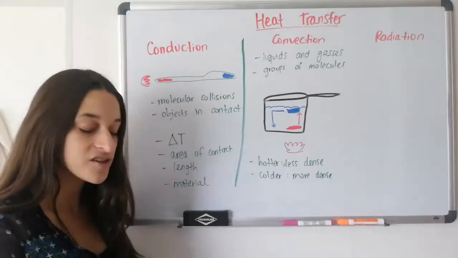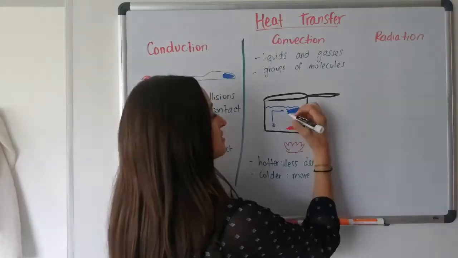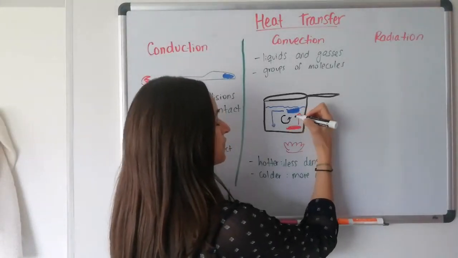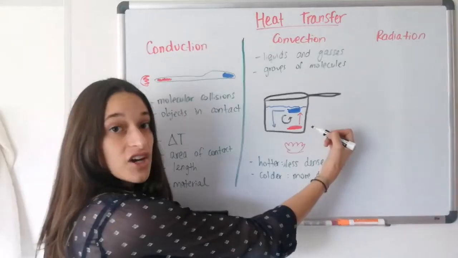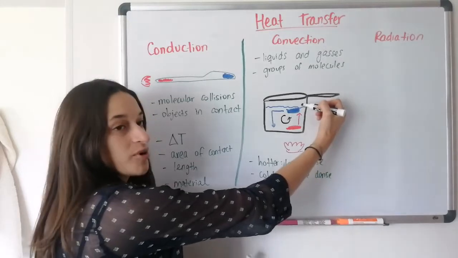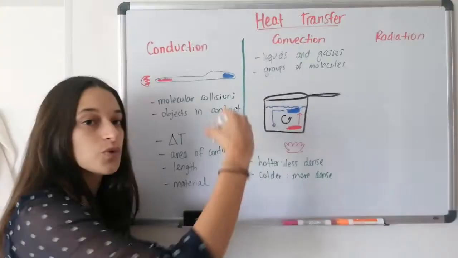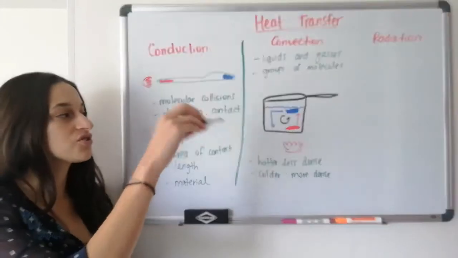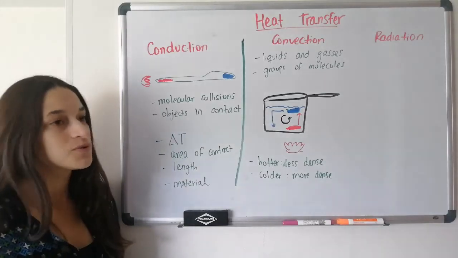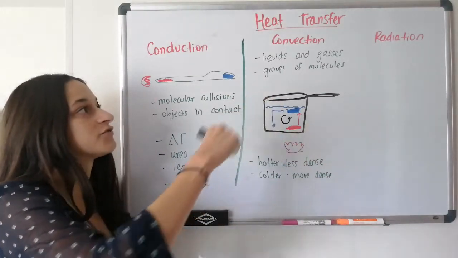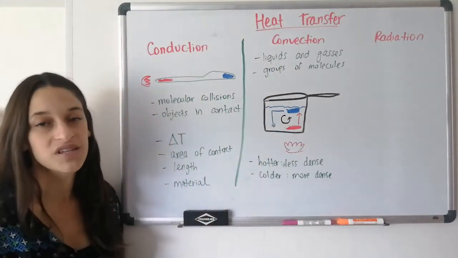So what's going to happen actually is that this is going to create sort of like a whirlpool, a movement of water in this direction. And that will make the hot water go up, the cold water goes down and gets hot, and when it gets hot, it goes up also. And this water, which is now colder, will go down again, and therefore the water will be moving around in a circle, and all of the water will heat up equally. Well, sort of equally, because of that movement of water. So that is convection. And it happens with liquids, like in this case, and it happens with gases, like in